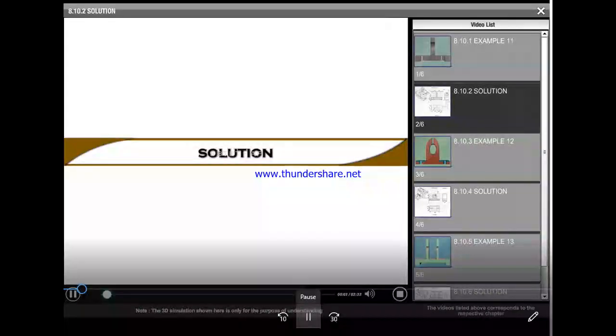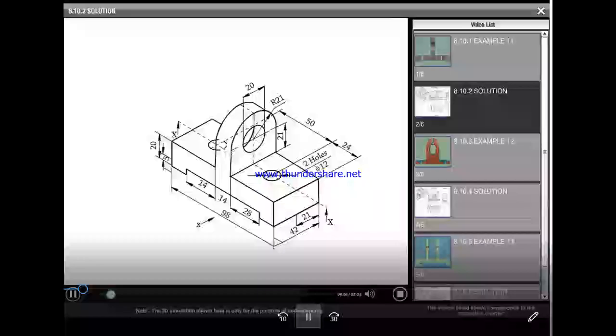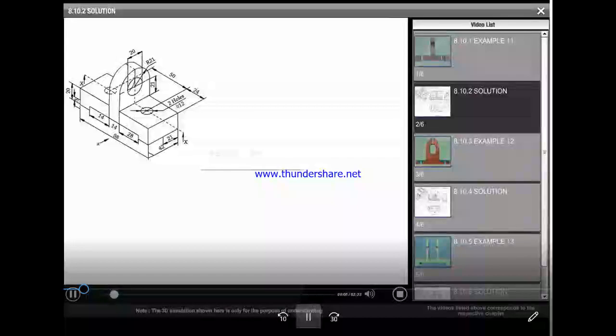Solution to example problem 11, once again. Draw the front view of the object.